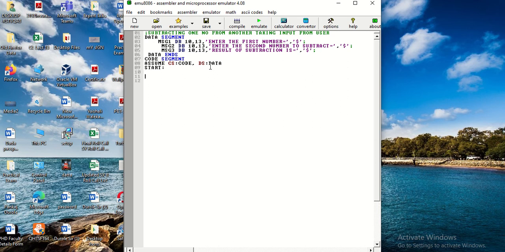So yes, now I will initialize the data segment. Now I'm using a new instruction over here, that is LEA. So LEA instruction stands for load effective address. This is used for displaying the messages on the output screen.